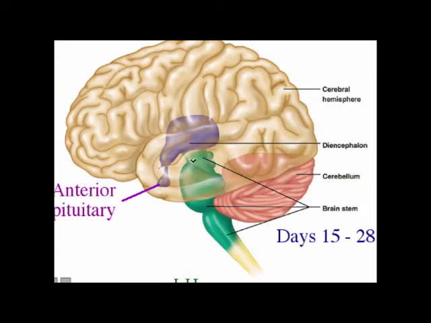Okay, now, so what's going to happen next in this story of the reproductive cycle? What happens next is really going to depend on whether she gets pregnant on that reproductive cycle. And so let me first go through what happens if she does not get pregnant, and then we'll go through it a second time and talk about what's changed if she does get pregnant. Okay, so if she does not get pregnant, then the LH levels coming from the pituitary fall. There's less and less of this hormone,